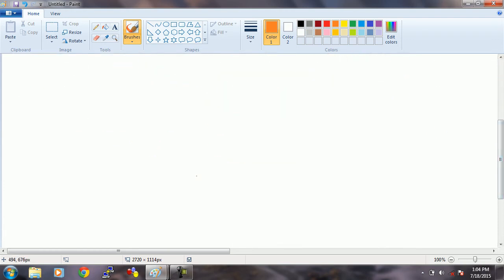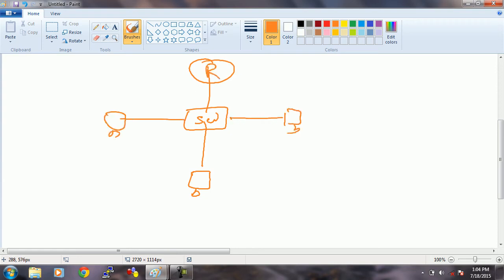Now let's say this is a user, this is a switch, it's a router, one more user. MAC address A, MAC address B, MAC address C. Now this router is acting as a